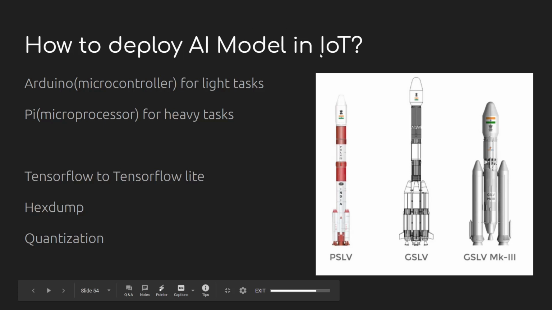The idea here is I have to take this AI model, whatever we have created, whether without mask or with mask, and put it into the IoT device. The best example for this is rockets. Suppose your machine learning model is very small, the payload is very small, there is no need for a very high processing computer. Suppose your machine learning model is very huge, then you need a very good computer. That's the reason this machine learning model is working in my computer, because my computer is sufficient to run that. So microcontrollers for lighter tasks, microprocessors for heavy tasks, both are IoT devices only.